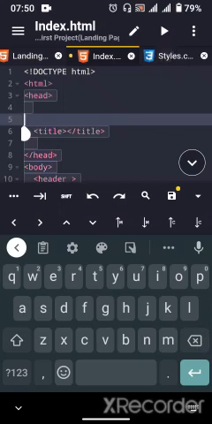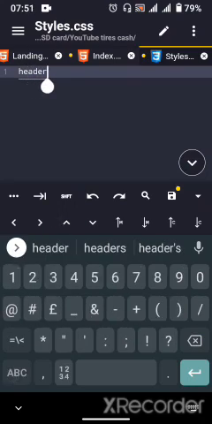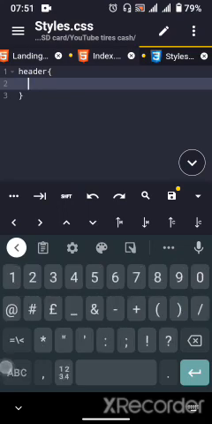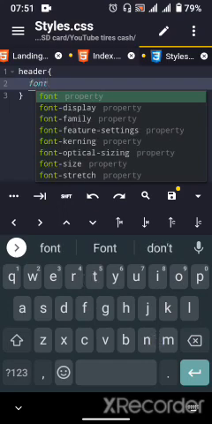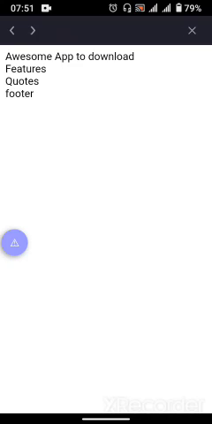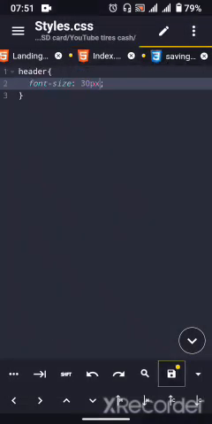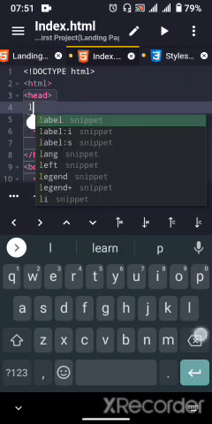So here is the external file. Let me write header, and then the font size, font size of 30 pixels. As you can see, let me run again. Right now nothing will happen because I have not linked this CSS file with this document, so I have to link it. So how do we link it? We use the link